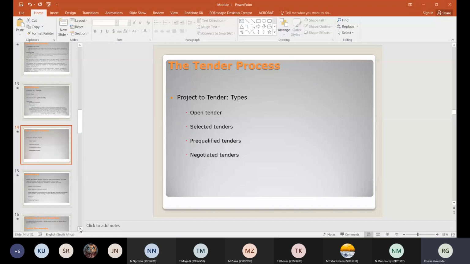And then we said the last one is negotiated tenders, where, same story, you select a couple of guys and you tell them, give me a price. And then one guy comes in at 200,000, the other guy comes in at 400,000 and so on. You tell the guy at 200,000, hey, are you sure that's going to be the right price? Because according to our estimate, it was 300,000. So I'm not sure you're going to do it. If you can't do it, just review it. If you can't, let us know. And then we'll negotiate with the guy at 400,000 if he can do it at 300,000 for us.